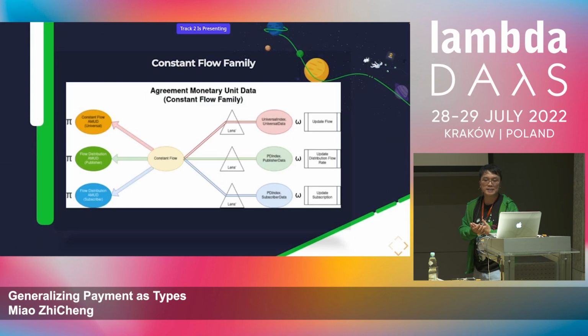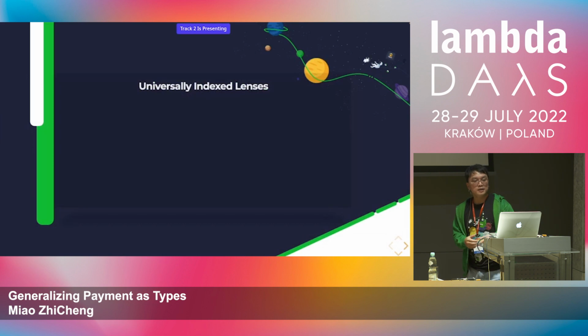So the way to look at it is that it's the same constant flow, but it's a family of them. You give a different lens implementation, and then the constant flow becomes either a one-to-one constant flow or a one-to-n flow distribution. We actually call it a flow distribution. It's like Elon Musk sending a stream of dividends to all his shareholders, right? So we reuse the same function here, but use the lens to abstract how the getter and the setter are done, and then in the end it becomes functionally different semantics in terms of payments.